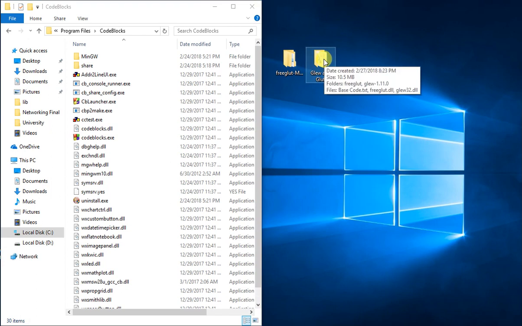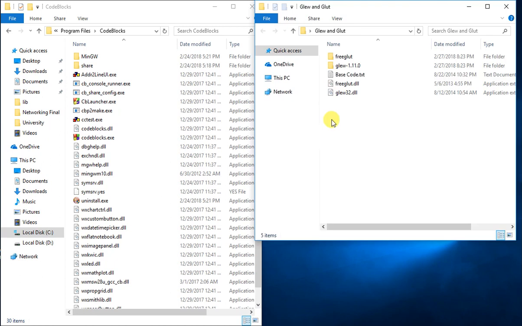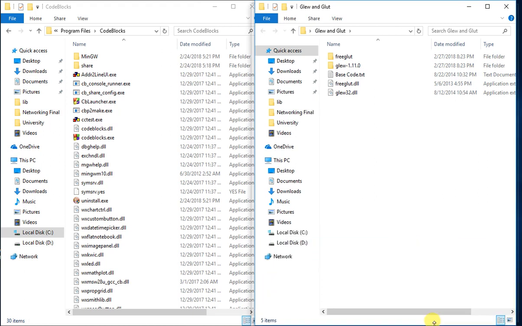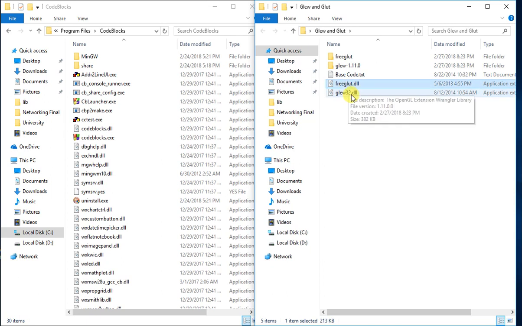Okay, so in this folder there will be another folder with the name glue 1.11.0. So what you need to do is just open this folder, and you see there are two DLL files again. What you can do is just copy the DLL file as I am doing. This time you will not copy the freeglut.dll because we have already copied that from the glut folder. Just copy the glue files this time. Copy this file,